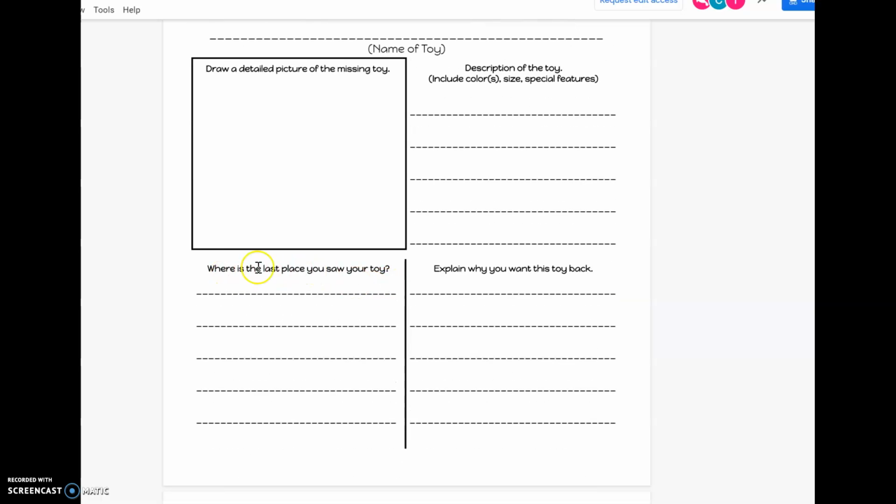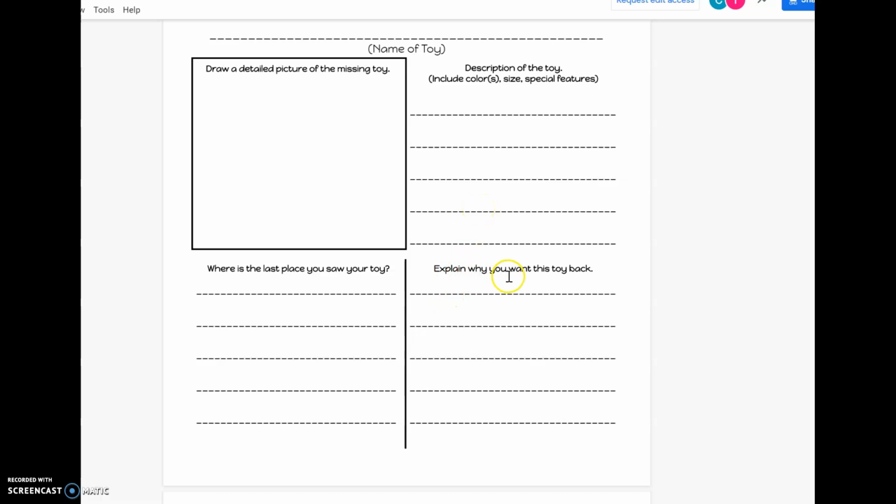Then you're going to tell the people where is the last place you saw your toy. So where do you remember you left your toy last? And then explain why you want this toy back. So you explain, I want this toy back because, remember, you have to use full sentences. Use your sentence stems. Even over here, you're going to say the last place I saw my toy was,